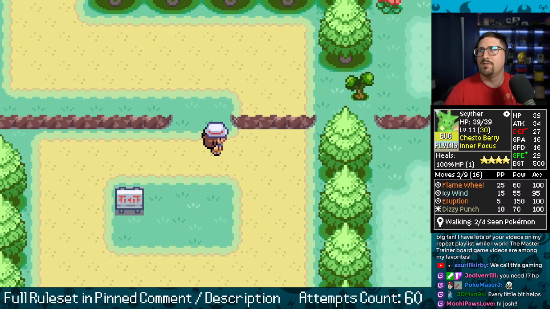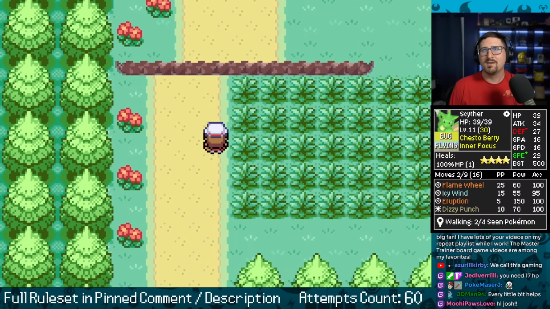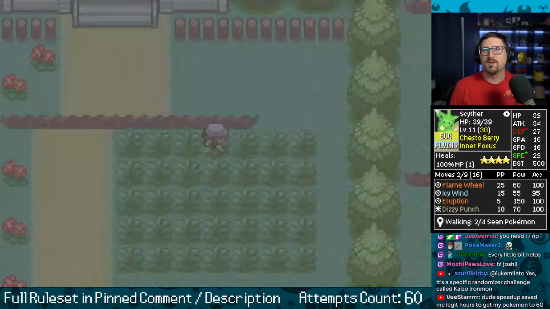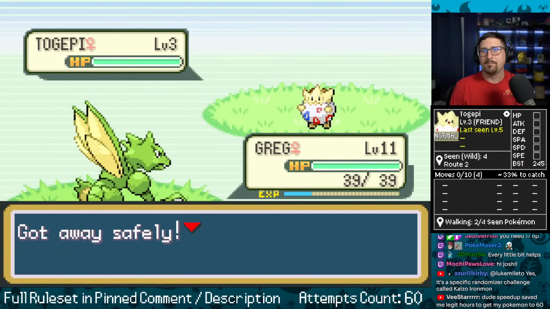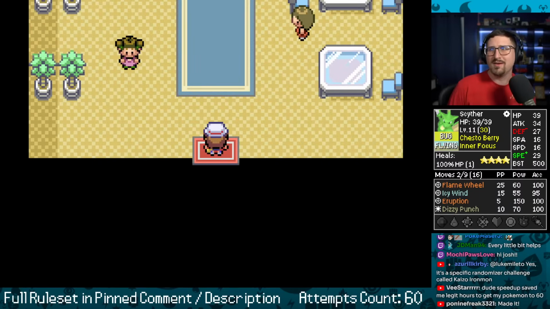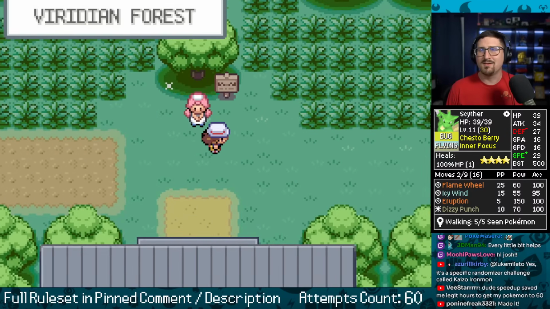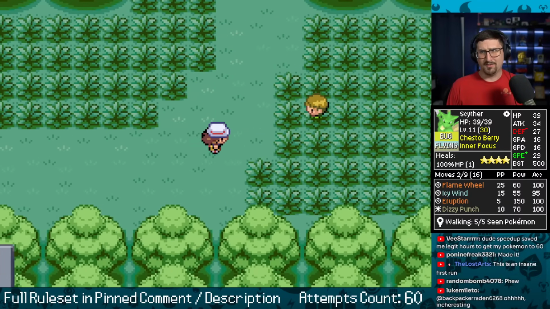We do need a better move on this Scyther, though. Level 16 is going to be a very crucial one for us. If I don't get another good move on the Scyther, then this run is going to be in trouble. Especially since some Pokemon are kind of like a mixed attacker. Scyther's kind of useless as a special attacker for me. Like, it's serviceable at best.